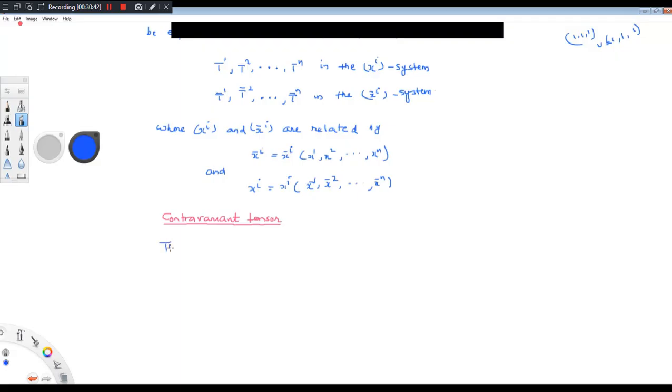The vector field V is a contravariant tensor of order 1, or rank 1; in other words we can say order 1, both are correct, provided its components